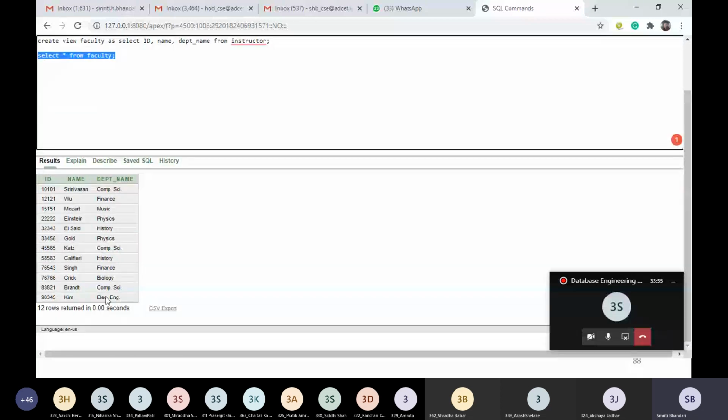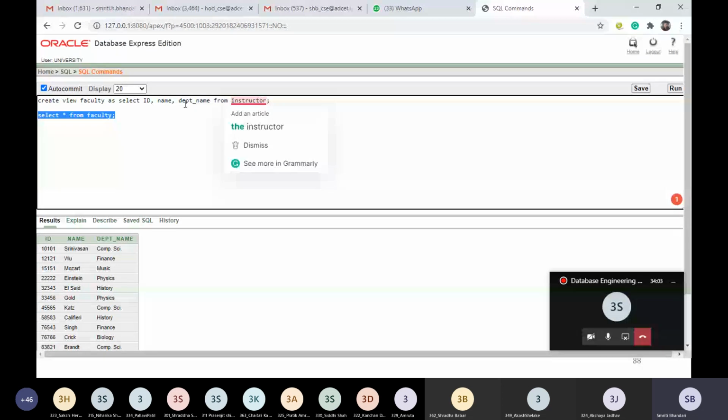We are getting the 3 columns from the instructor table, and these 3 columns are the ones used to write the definition of our view. Got it? Any doubts so far?